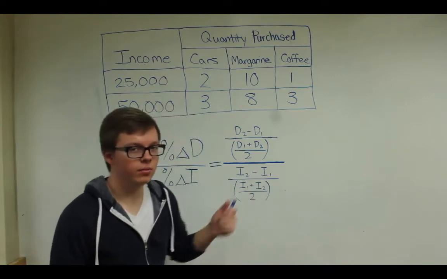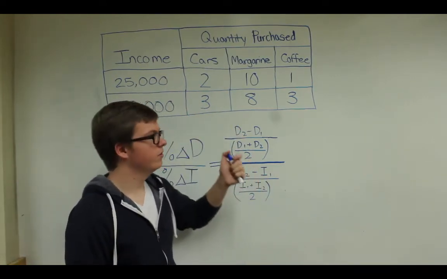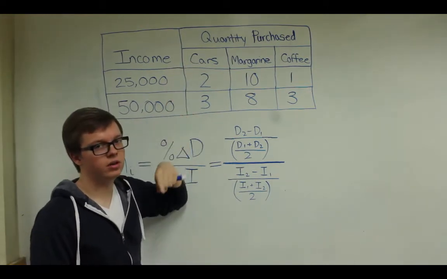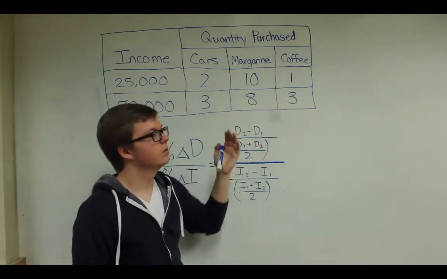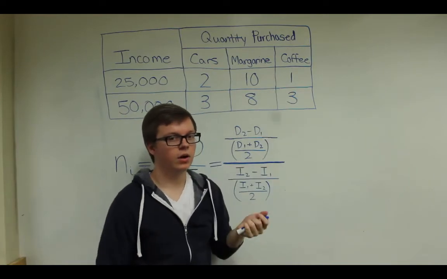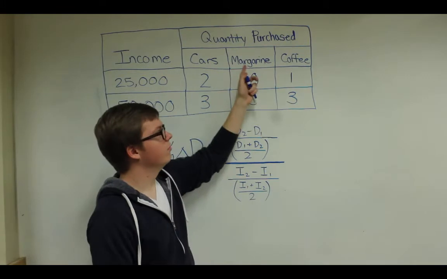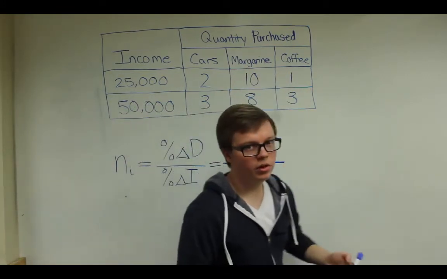So to start, we have a table written up here, and it has some important information. We have income, two different levels of income, and for each one we have a quantity purchased of these three different goods: cars, margarine, and coffee. And we want to know the income elasticity of demand for these two, for margarine and coffee. So there's a formula for